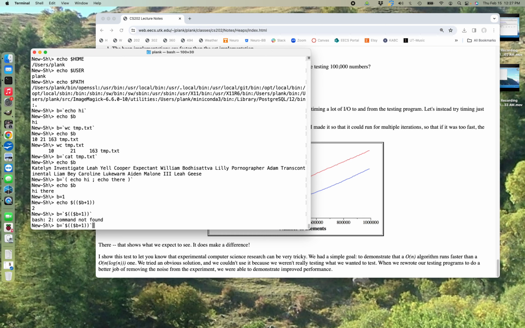That didn't work. Whatever, it's in the lecture notes. Why isn't that working? I don't know. I don't have time to think about it.